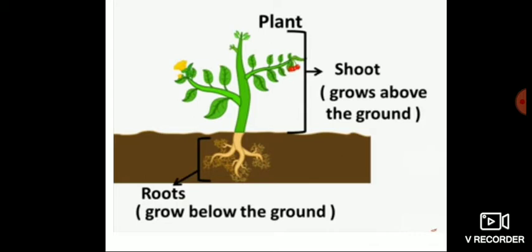The stem bears leaves located at regular intervals. Such places are called the nodes. The portion between two nodes is called an internode. The stem is the strongest part of the tree. It is also called the trunk. The thick brown covering on the trunk is called the bark. It provides protection to the stem.